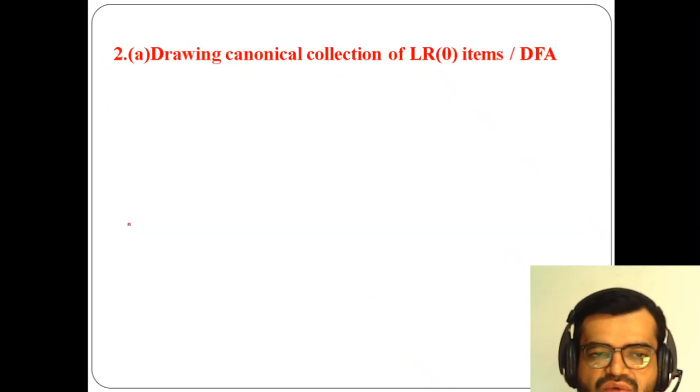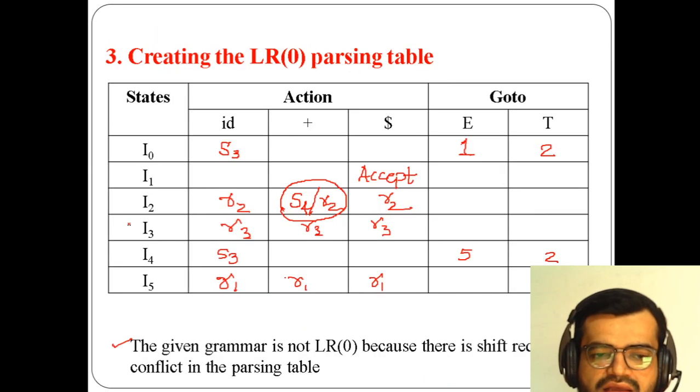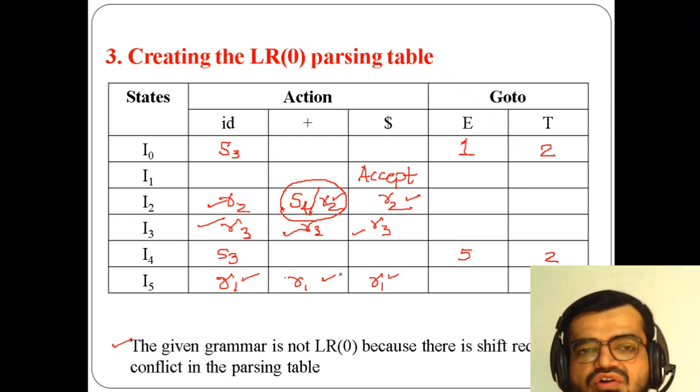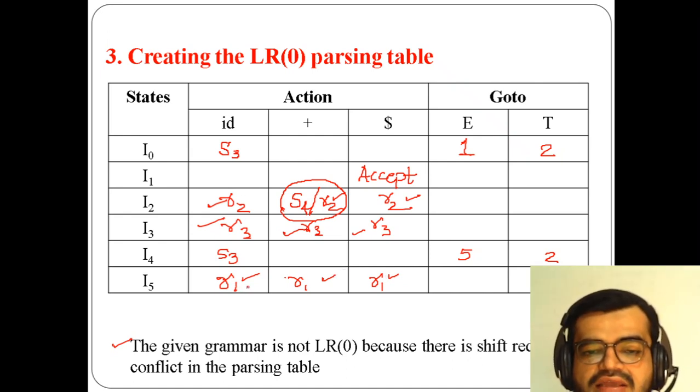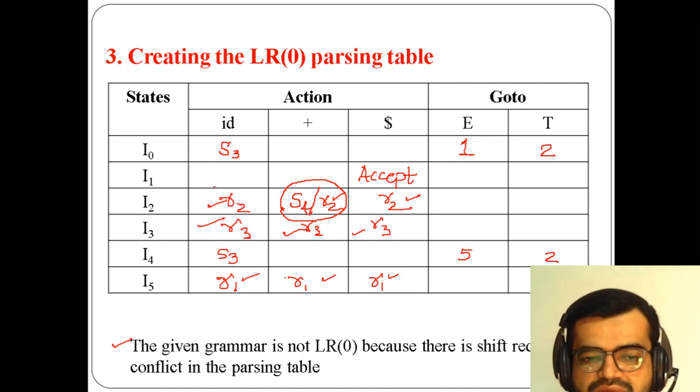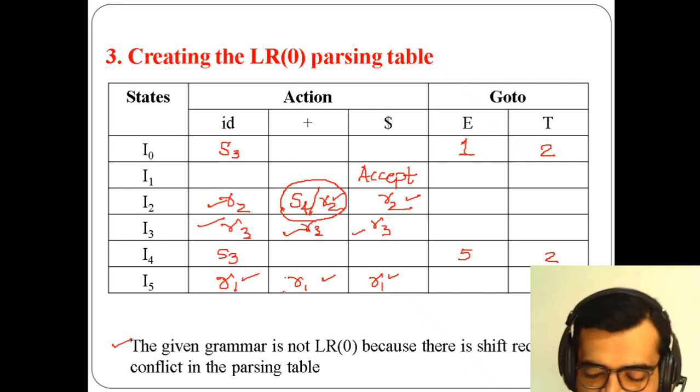But when you are using it for reduce production, it doesn't mean that you are using the reduce operation in all the actions. See in this example, if you observe carefully in LR(0), you are using R2 here, R2 here, R2 here. In the same way in I3 you are using R3, R3, R3. Here also you are using R1, R1, R1, completely. But that is not the case with SLR(1). In SLR(1), the follow operation will decide in which action, in which box, you have to take this reduce operation. So that is the difference here.